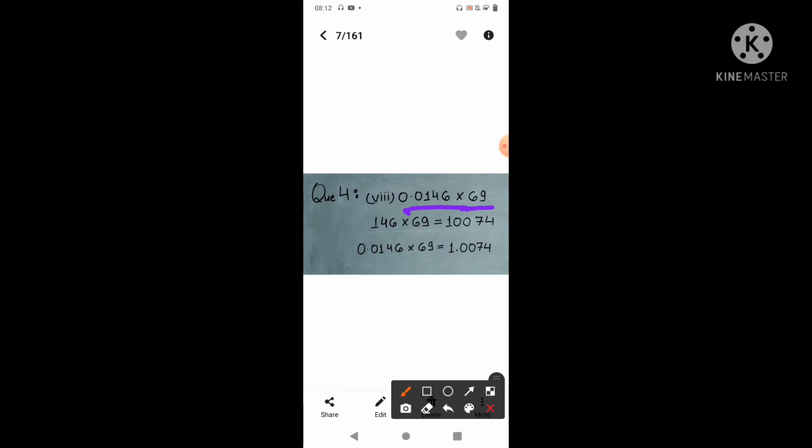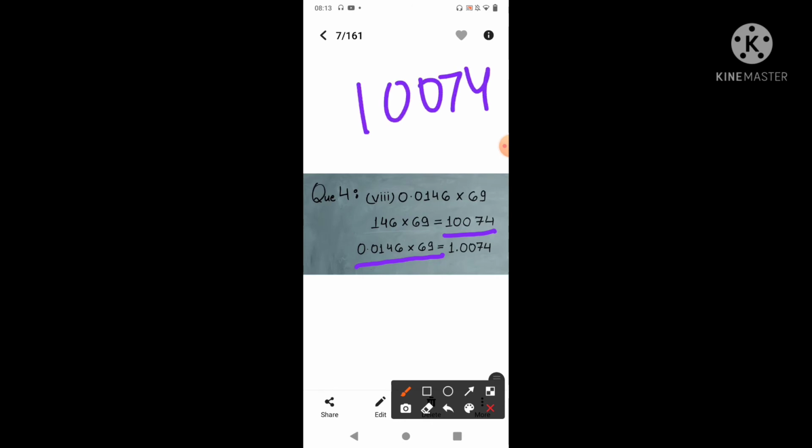When we remove the decimal, it will become only 146 multiplied by 69. So we will find the product. It will be 10,074. Now we will write this decimal number multiplied by 69 will be equal to, we will write the number first as it is,